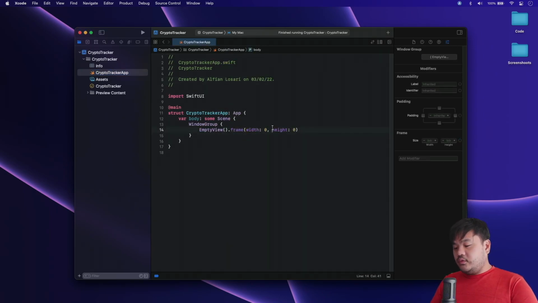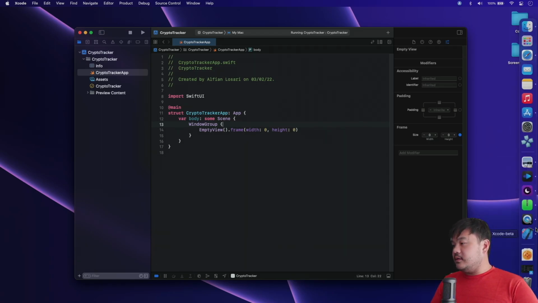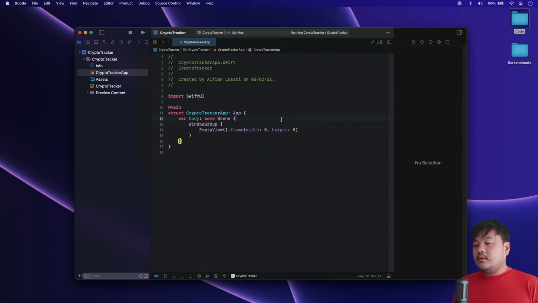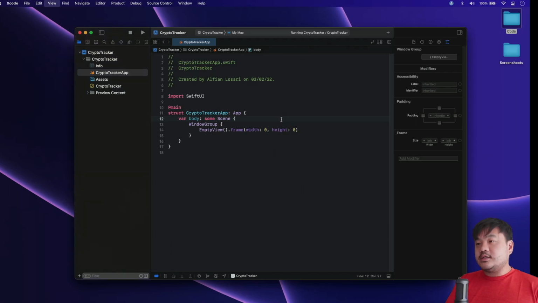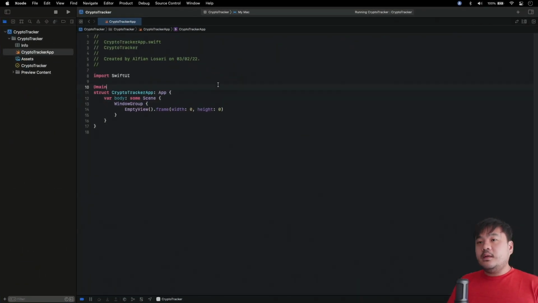Now let's try to build and run. Okay, when the app launches, there is no main window being shown in here, and we don't have it in the dock anymore. So that's it for making this app a menu bar item only app. Okay, now let me make Xcode full screen, close this sidebar, and next,